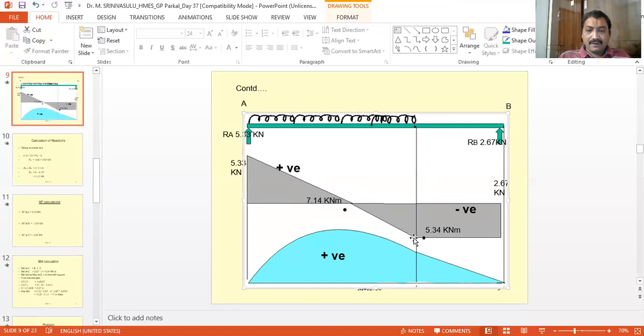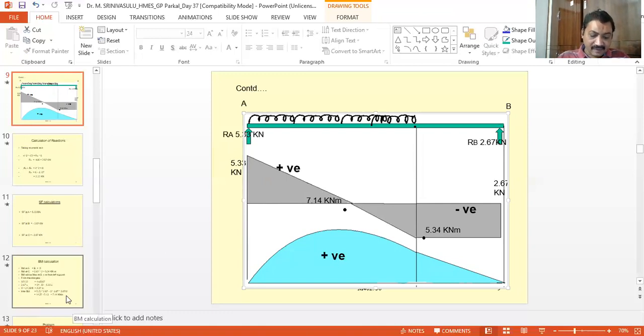Now you look at these points and join them with an inclined line. This line will cross the zero line at some point. That may be the point D. So you can project, and that may be the point D here. Now we got the points. So this is the shape of the shear force diagram. This is the negative SF, and this is the positive. Now we don't know the distance of this point D from this point A. Only thing is, we got the values.